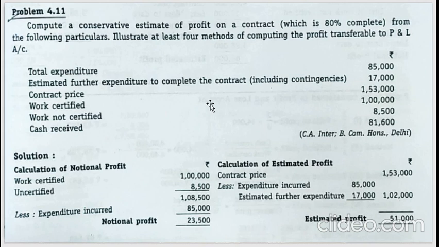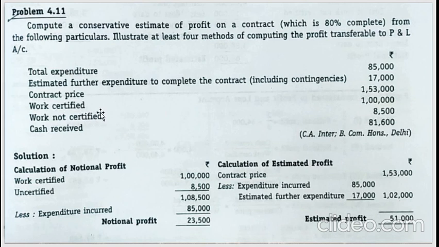The same method will be opted here, but in this they have given us total expenditure, estimated further expenditure to complete the contract, including contingencies, contract price, work certified, work not certified, and cash received. When cash received is given, and estimated expenditure is given, we will have calculations of notional profit and calculation of estimated profit. Under calculation of notional profit, we will be taking work certified and work not certified,